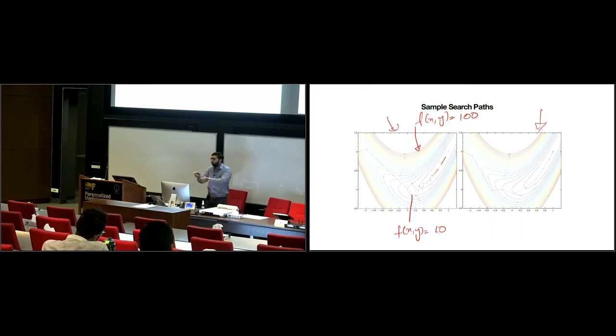So z equal to 1 means f of x y equal to 1. You take its intersection with the surface. It will give you all the points where the value of the function is equal to 1. You show all these points in 2D with a color. Then you take another plane, let's say z equal to 10, cross it through that surface, see its intersection with the surface, show it in a 2D plane with a different color, and so on.